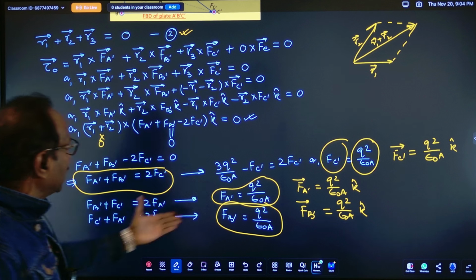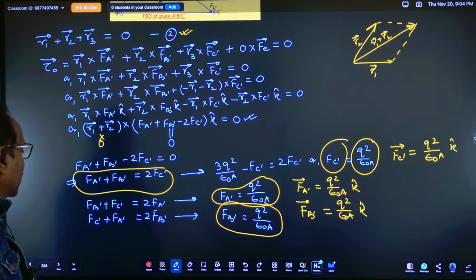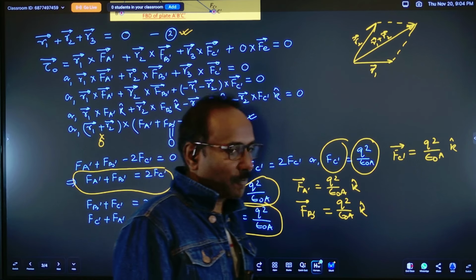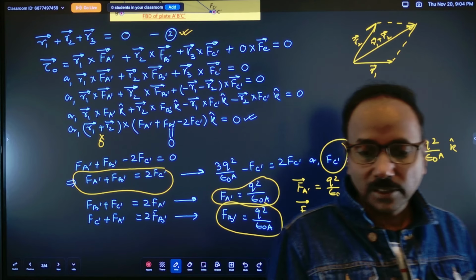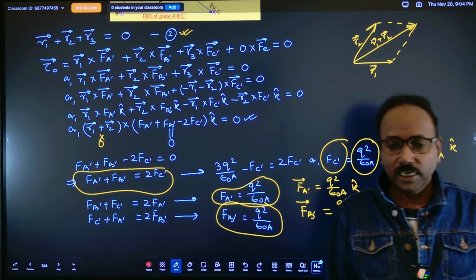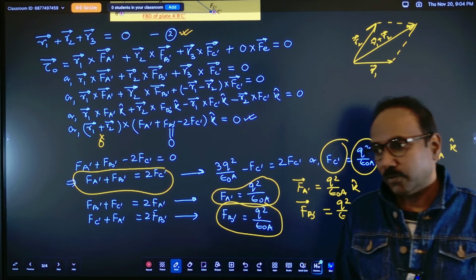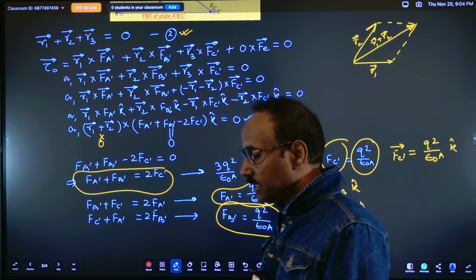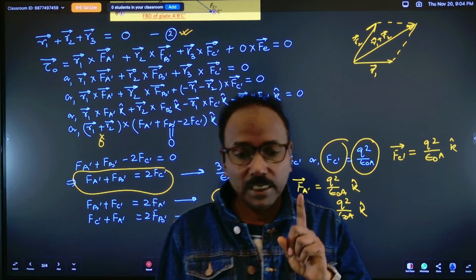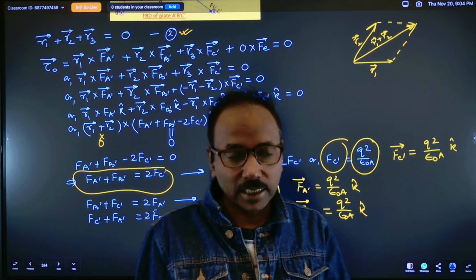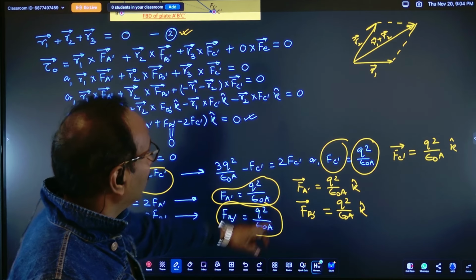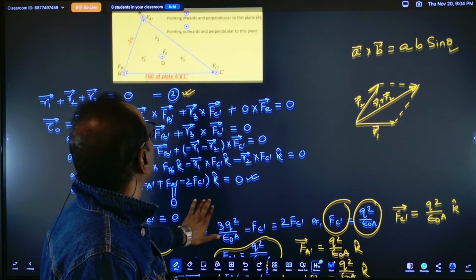सिमिलरली आपको एफ ए प्राइम मिल जाएगा q² बाई एप्सिलॉन नॉट ए, एफ बी प्राइम आपको q² बाई एप्सिलॉन नॉट ए मिल जाएगा। अच्छा, क्वेश्चन में सिर्फ फोर्सेस के बारे में दिया हुआ है, ये नहीं पूछा जा रहा है कि मैग्नीट्यूड ऑफ द फोर्स। तो आपको फोर्स जहाँ दिया जा रहा है आपको मालूम है फोर्स इज ए वेक्टर, तो आपको डायरेक्शन का भी जानकारी देना पड़ेगा आंसर। तो डायरेक्शन के जानकारी के लिए ऑलरेडी आपने ये